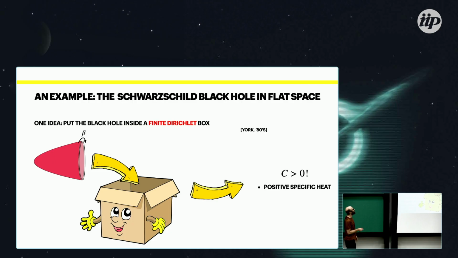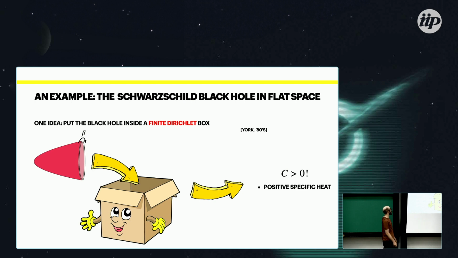So York had this idea in the 80s to take the Schwarzschild black hole and put it inside a finite box in which they specify Dirichlet boundary conditions. So this is my representation of the Euclidean Schwarzschild black hole. This is my box. We put it in there, we cut the space. I will be more specific later. But that calculation created, at least with a given temperature and a given area, two black holes, one of which is a large black hole that had a positive specific heat. So boundaries appeared as a way of